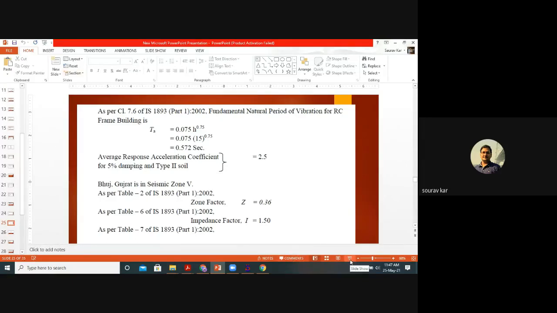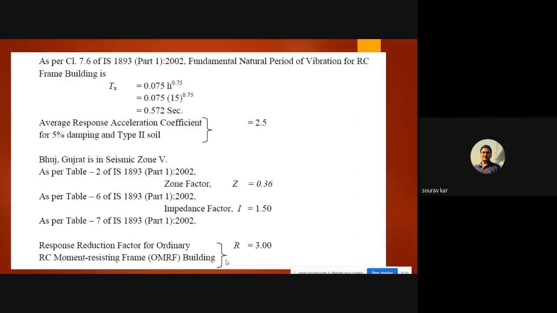Here we will not take this value; I am not taking this formula. We will take the formula Tx equals, please calculate and tell me the value.